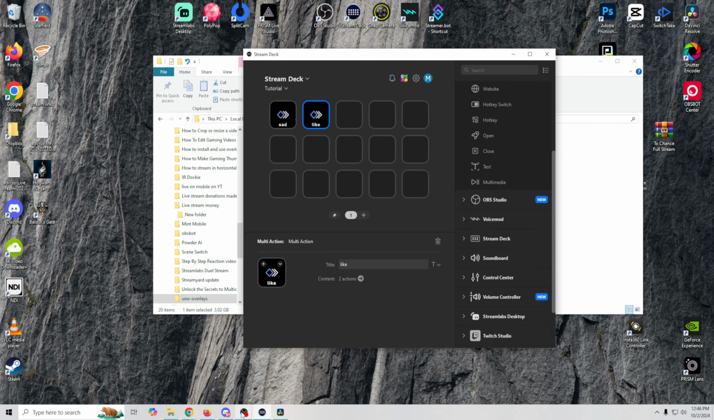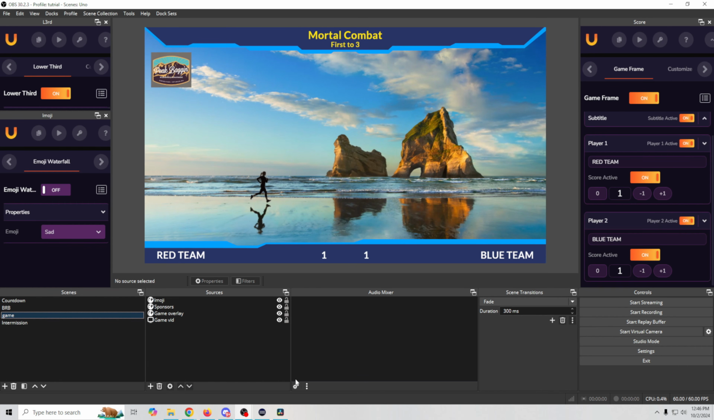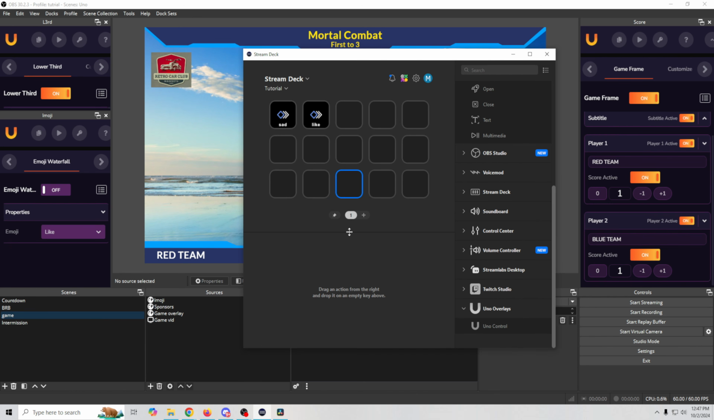So now when we bring up our OBS, we can hit our like, and you can see it changes the emoji, adds it to the like, change it to sad. There we go. So we hit it again and it toggles it off. Hit the like, it toggles it on, changes it to like. There we go. So that's basically how it works,